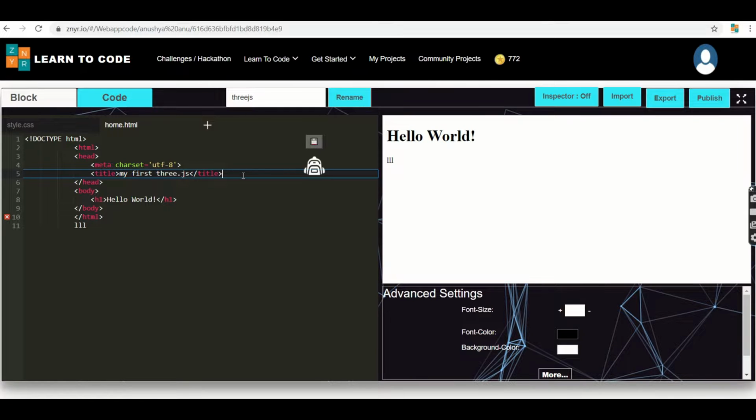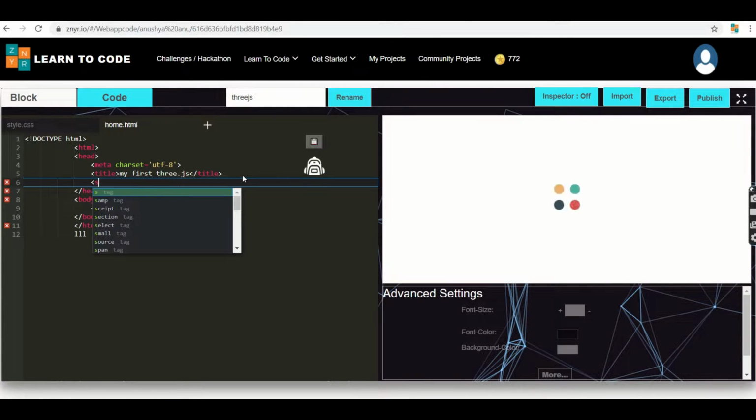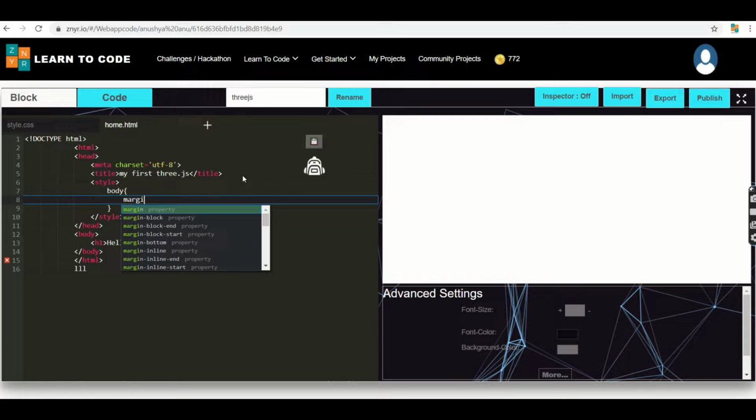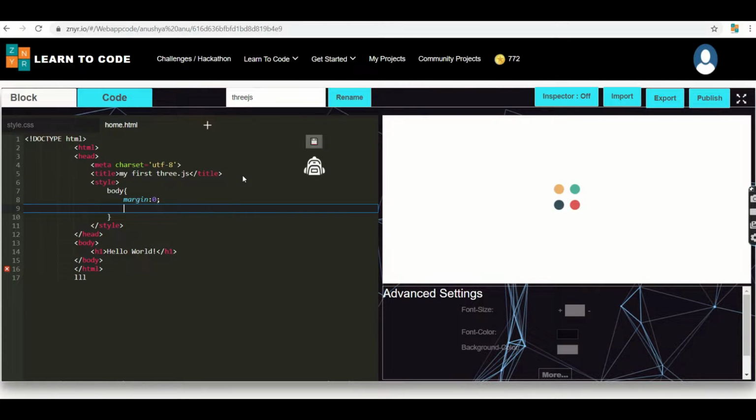Next, I'm going to use a style. Under the style, I'm going to create the body margin, where my body margin is 0. Next, I'm closing this part, so my styling part is over.